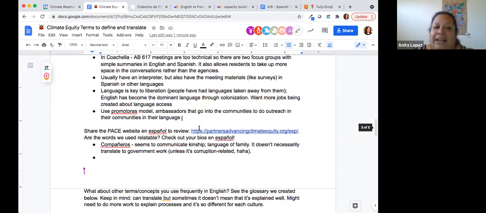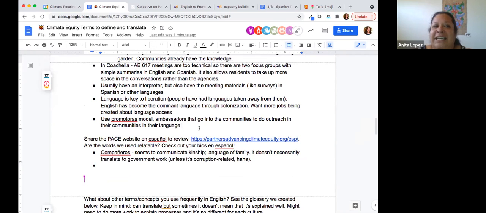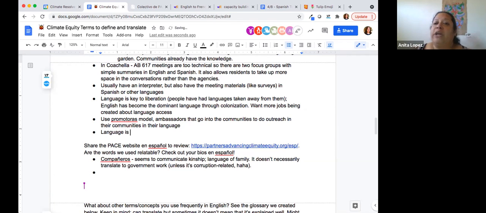But I've also come from the model that just because it comes top down doesn't mean that it's correct, right? And so there's this concept of back translation, right? The idea that you actually translate the language into English, like Nancy was saying. And I feel like that back translation part is really at the beginning of this. It's part of that needs assessment: how does your community talk about these? What are the terms that come up? And then rather than saying you should know carbon sequestration, we figure out what they're talking about. Say, did you know that there is a word that's in English and scientific, but it's the same thing? So you should teach them what that word is so that they know what it is,